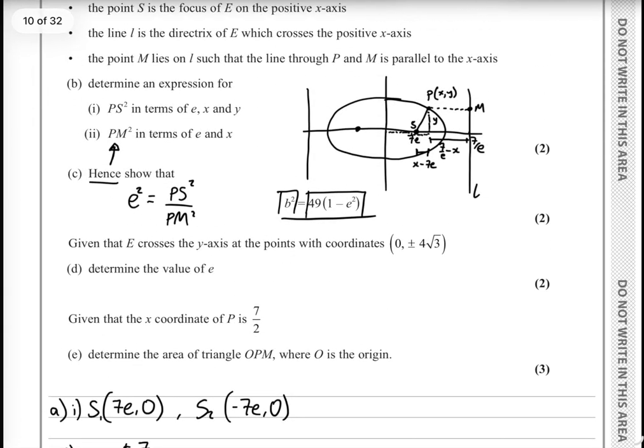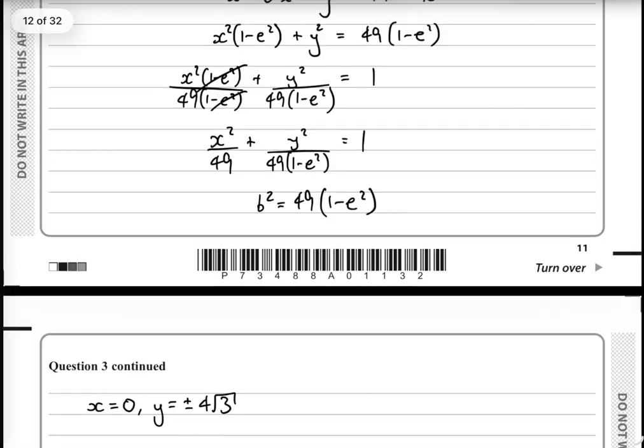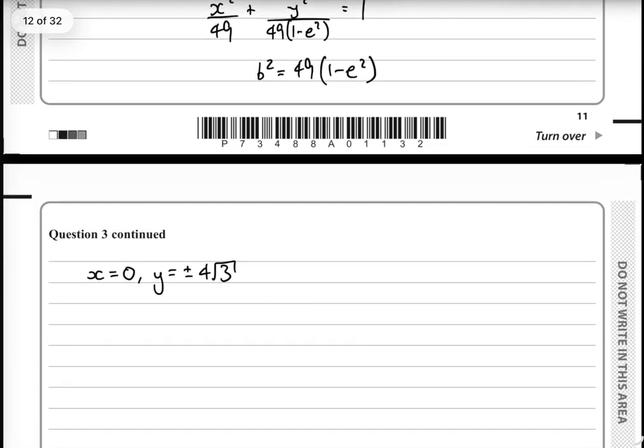Part D, given that the ellipse crosses the y-axis at the points with coordinates (0, minus 4 root 3) and (0, plus 4 root 3), that's these 2 points, determine the value of e. Okay, that's effectively saying when x is equal to 0, y is equal to plus or minus 4 root 3. And we can just put that into the equation here that we had. So if I put that in, we get 0 squared over 49 plus 4 root 3 squared, which is 48